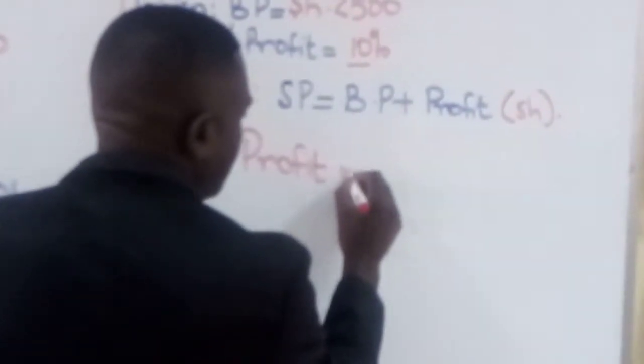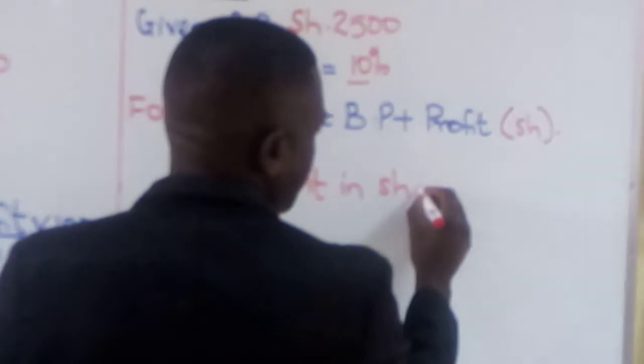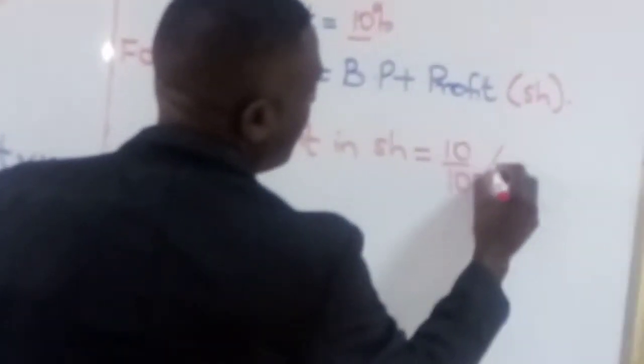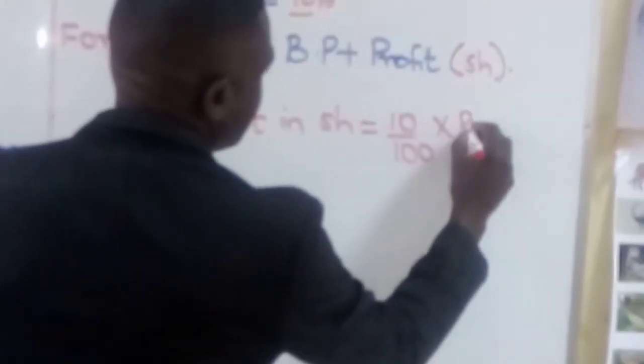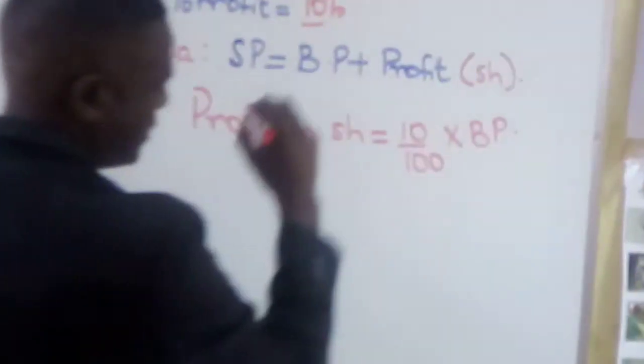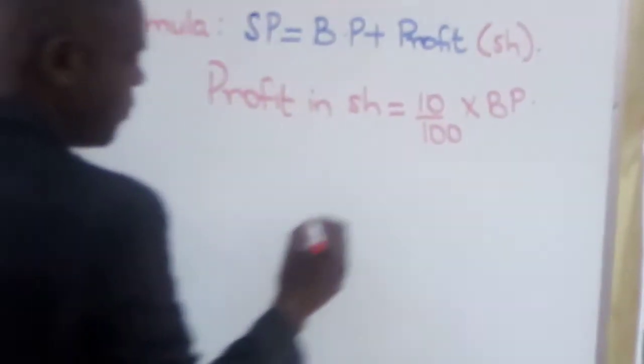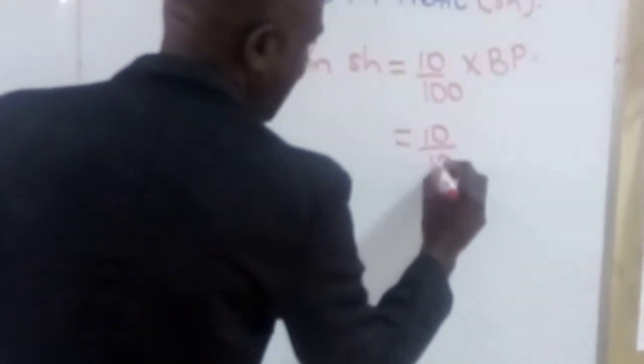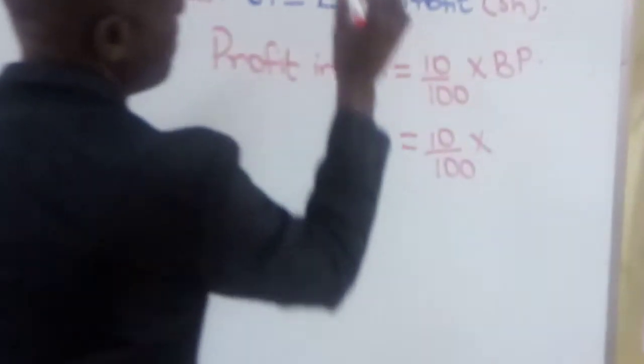Profit in shillings would be equal to percentage profit, 10% of the buying price. And that is going to be 10 over 100 multiplied by the buying price,